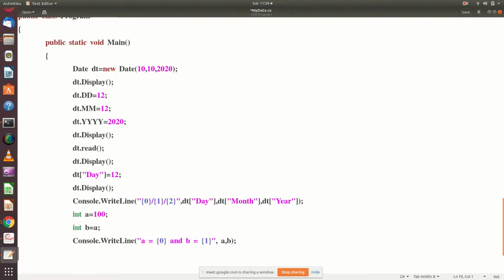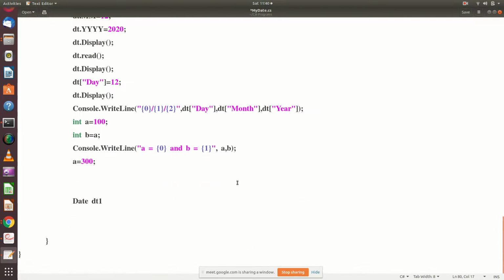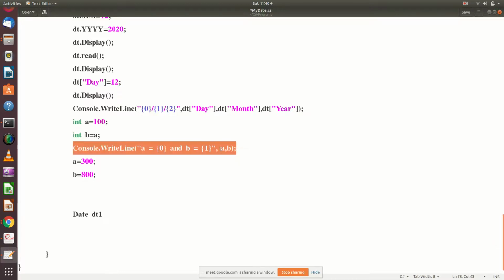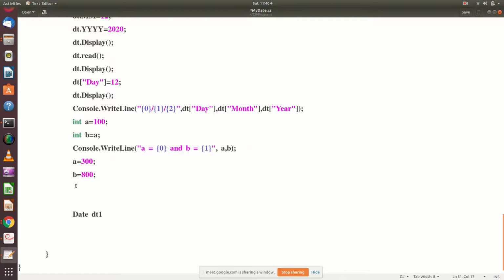If you try changing the value, I change the value of a to 300, I change the value of b to 800, and again I try to display the values, so the values will be changed, right? Before we go for the explanation, let us execute this program.